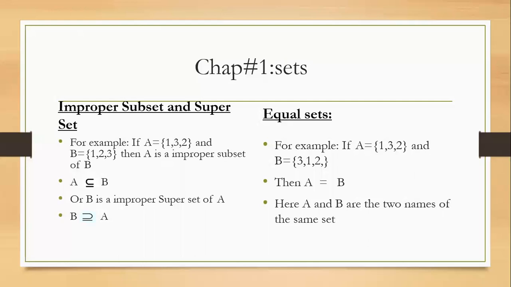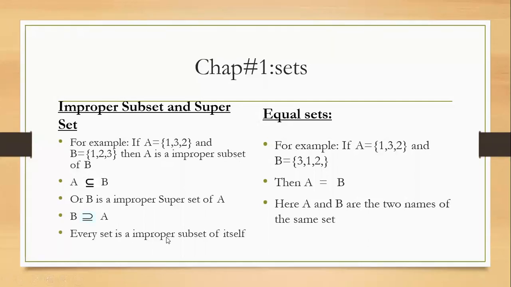Okay. Now here you can compare these two sets. Is there any difference between improper subsets and equal sets? Can you see the difference? No, there isn't any difference. Here you can see that the same elements are there, and here the same elements are there. That means equal sets and improper subsets are the same. Okay? Clear?